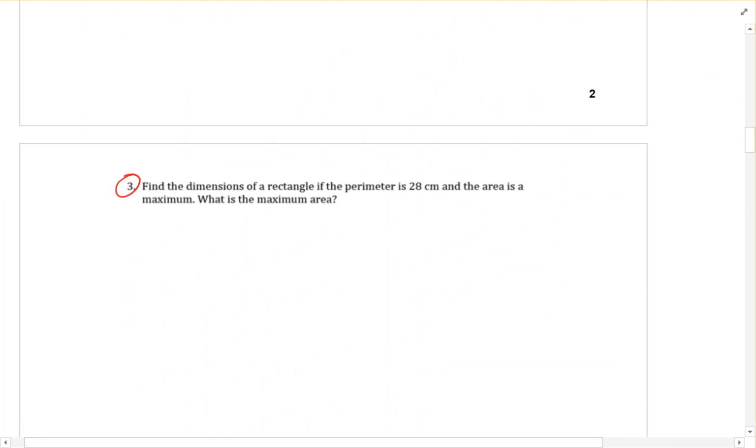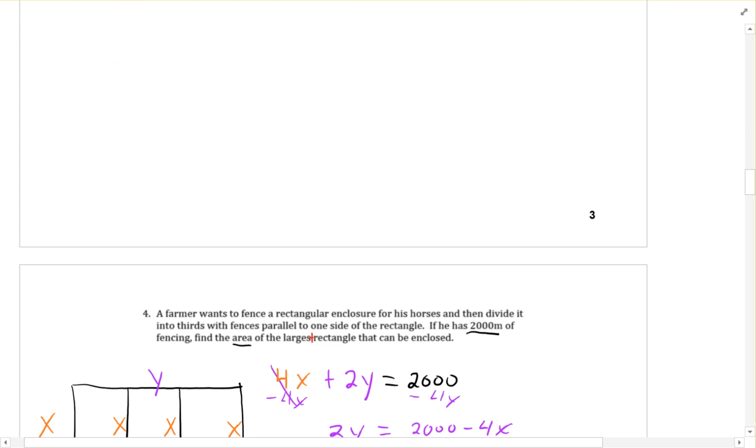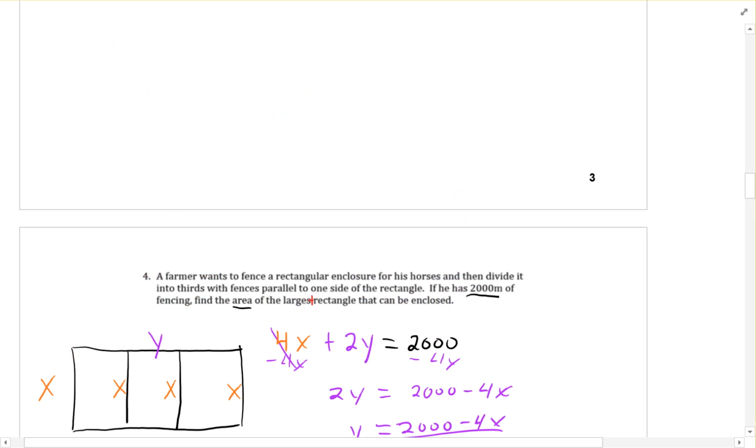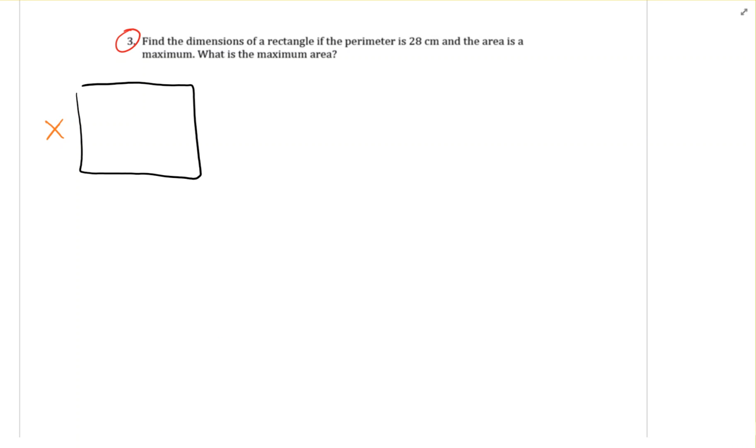If not, keep practicing. Okay, so let's do another one of these dimensions ones. This one's similar to this, a little bit easier maybe than this one. So back up here. It says find the dimensions of a rectangle if the perimeter is 28 centimeters and the area is a maximum. So just a rectangle now. So draw that out here. We know that we'll call x one of these sides, we'll call y the other side. And the perimeter is 28. So I also know this side's y, and I know